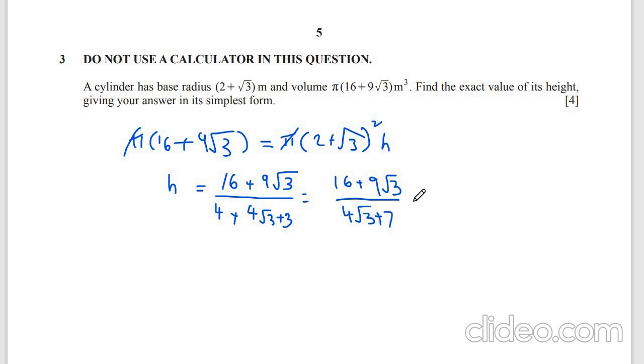so now we need to simplify this further. So let us multiply both the numerator and the denominator with this minus 7. So what happens is 64